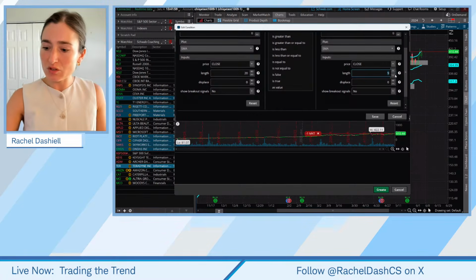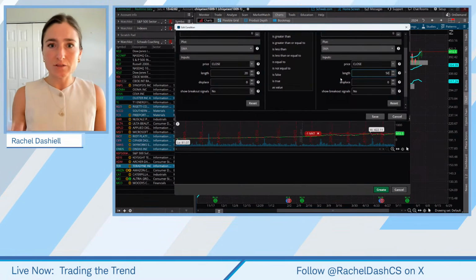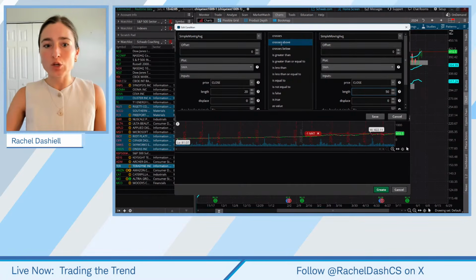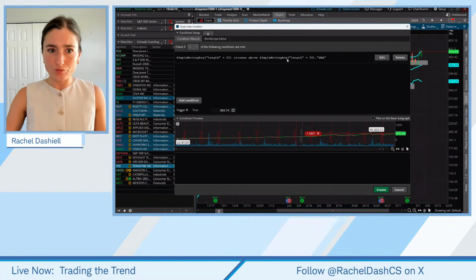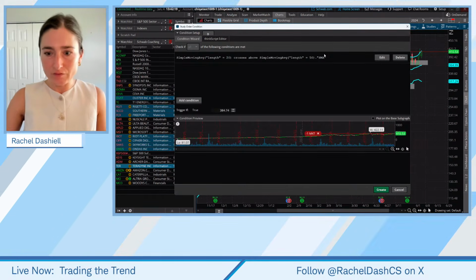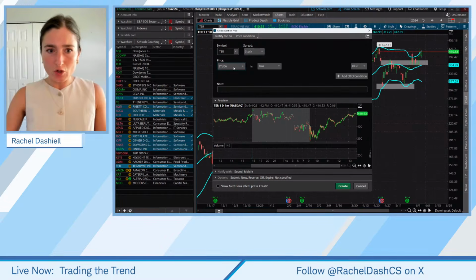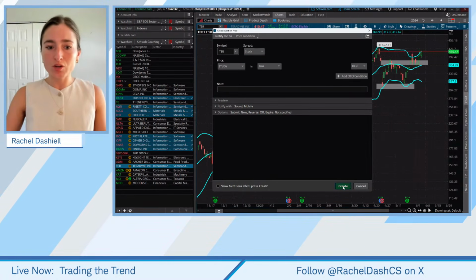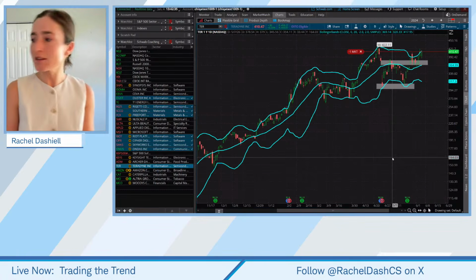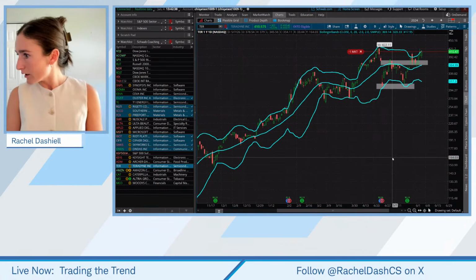And then we're going to use the 50 as the cross. So this is kind of like a bullish crossover, what we would call a golden cross, the 20 crossing above the 50. You can do that vice versa as well, and you can hit save. And so you'll read out the script here, a simple moving average length of 20 crosses above the simple moving average length of 50, and you will hit create. Okay, so then it'll show up as study is true. You'll go down to notify with, however you want to be notified with that alert, and you can hit create. And so that is how you create that alert there.